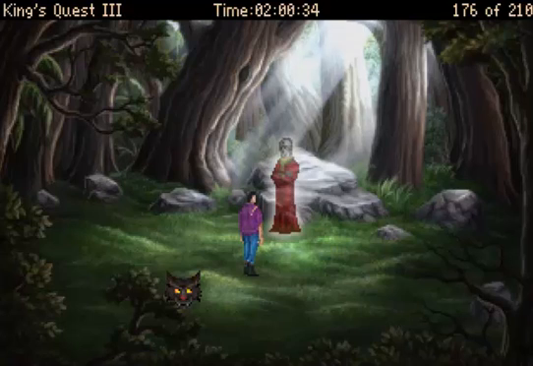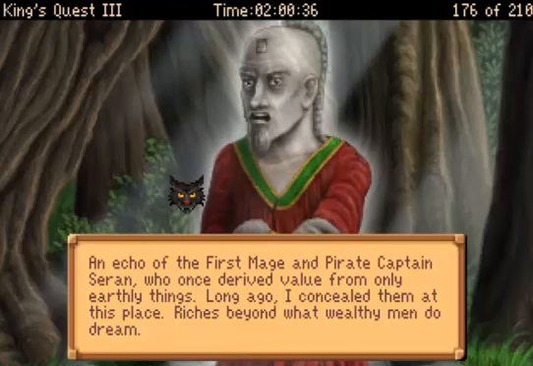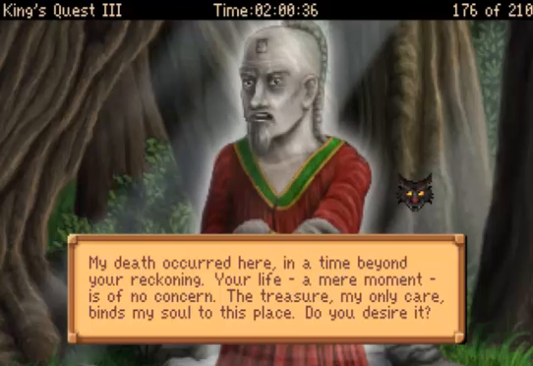Oh, hi there. Who are you? An echo of the first mage and pirate Captain Saran, who once derived value from only earthly things. Long ago I concealed them at this place. Riches beyond what wealthy men do dream. Does the thirst for treasure bring you here? Are stones and coins your reason for risking precious life? Actually, we're being forced to. They are, though I care little for such things. I am seeking to return to a home from which I was unjustly taken, to parents whom I cannot recall. My death occurred here in a time beyond your reckoning. Your life, a mere moment, is of no concern. The treasure